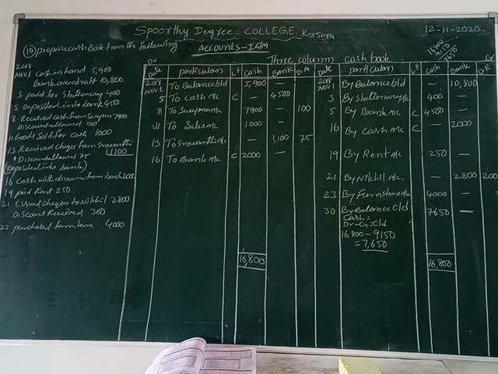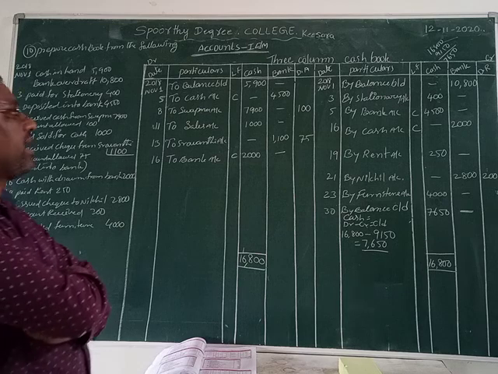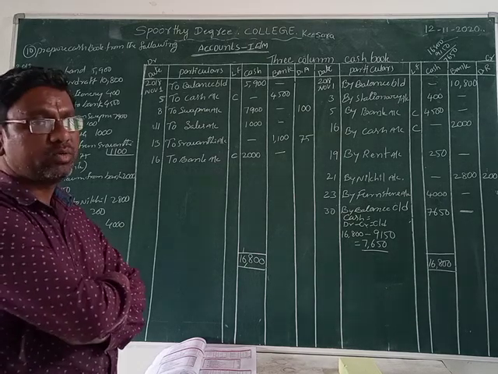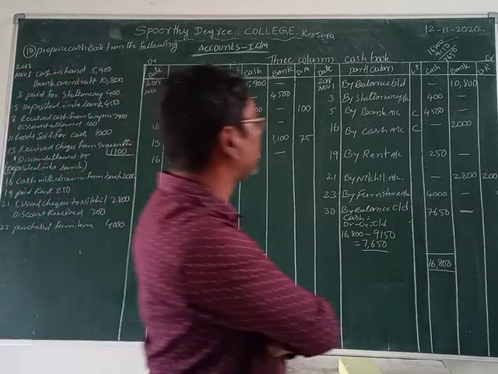Now we are doing the bank account. How do we do that bank account, students? Bank has a heavy balance on which side? Credit side is the heavy balance. Why? Because bank has a credit balance, the bank has a paid balance. That's why we take the total only on the credit side. Okay, let us see what the total is, students.